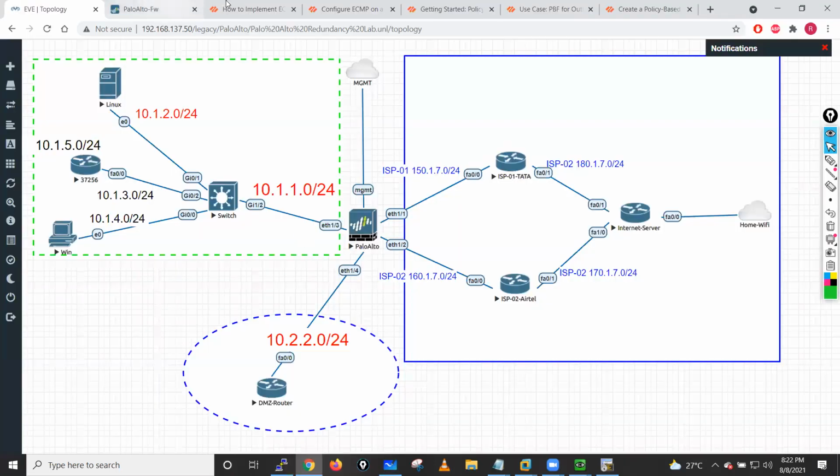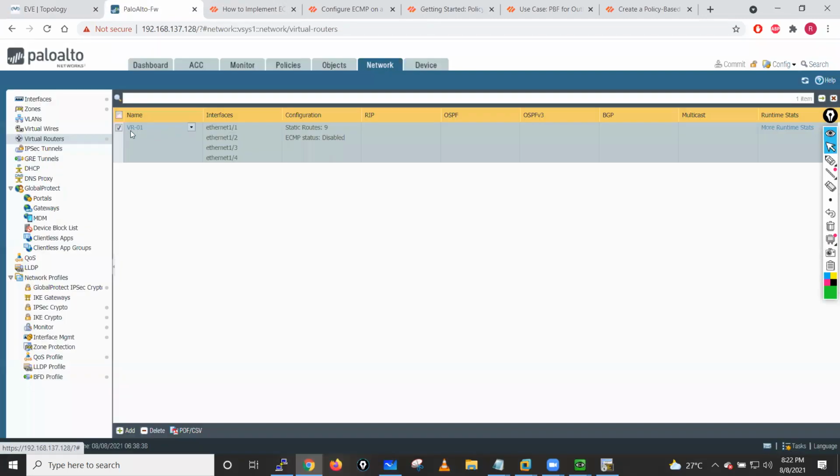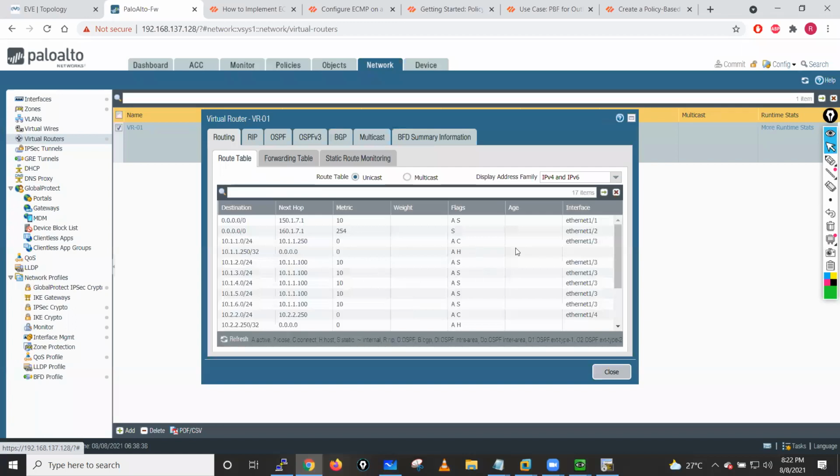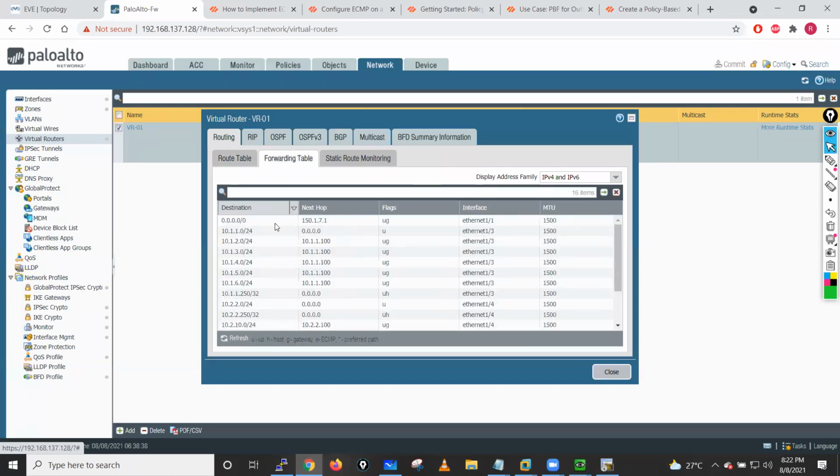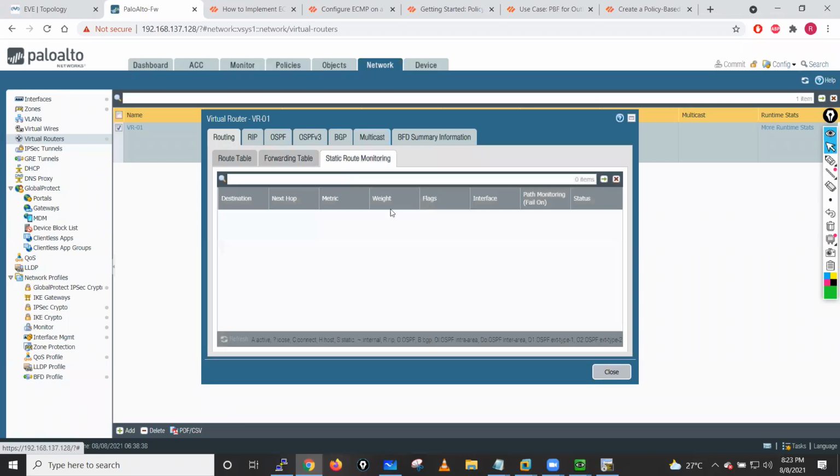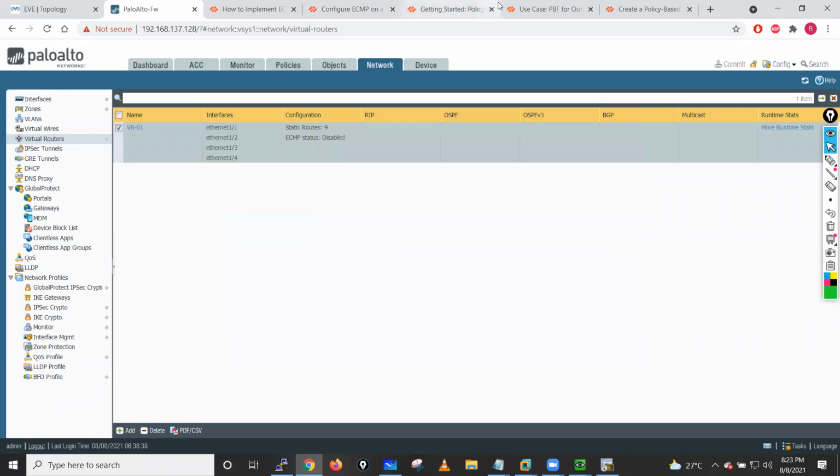Same thing if you go into your firewall, click into more runtime stats, you will see both the routes here. But if you go into the forwarding table, it will show only one route, the active route only, guys. This is the only active route which I'm having right now. So what I will do,